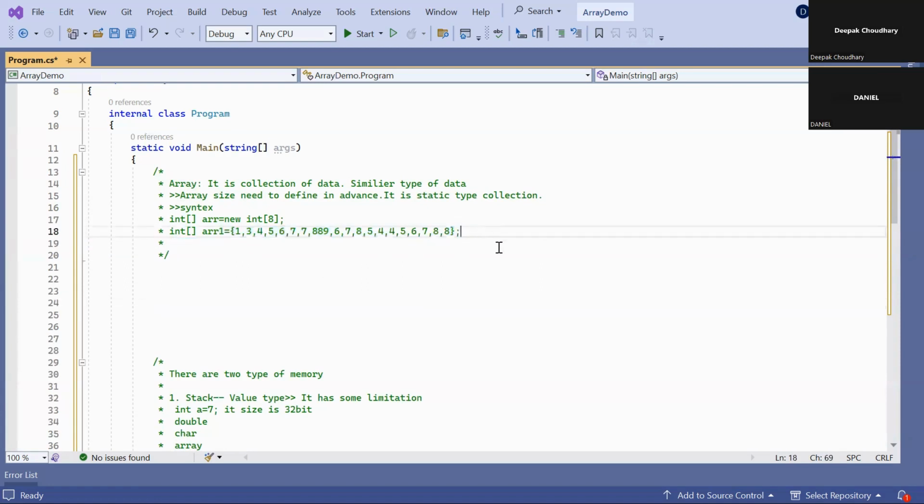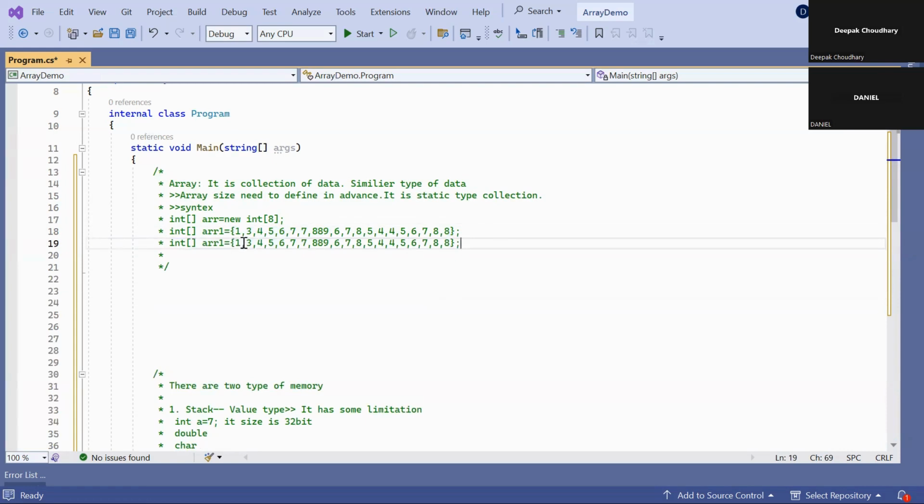So if we introduce one more way, it's similar to the first one. You can also define an array like that. So int, the name of the array, new, then the size. But here you can decide, or we cannot decide.